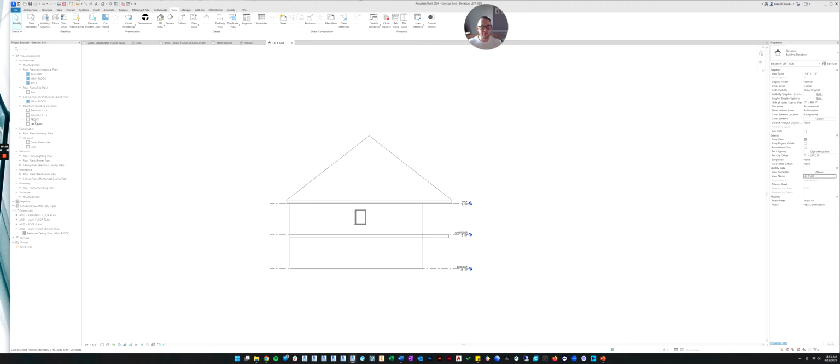It's best not to use relative words like left, right, front, back, because what does left mean? It depends on which direction you're looking, but north is always north, west is always west. So it's better to use more definite terms, but since this is not a real project, we don't know where north is, so this is the best we can do.